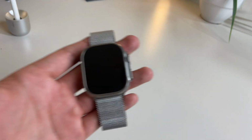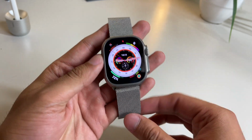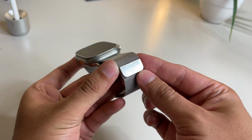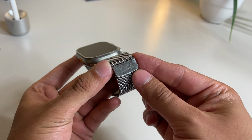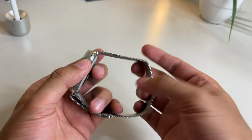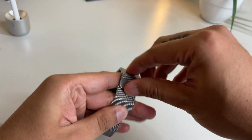It's only a small portion of the band, and unless you're a perfectionist or really OCD about your tech, then you'll be fine. If anything, it kind of shows the character of the band throughout the years that you've had it. Oh, and one other thing that drives a lot of people crazy when using this band is typing on